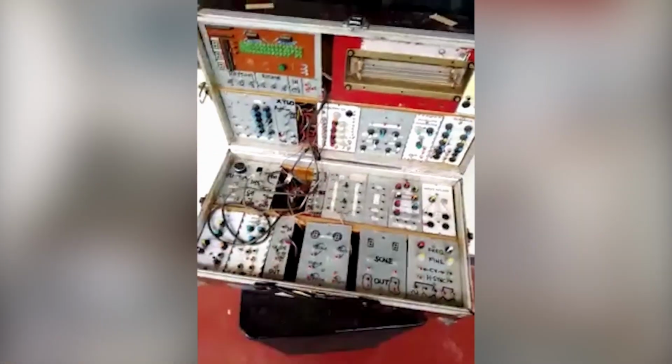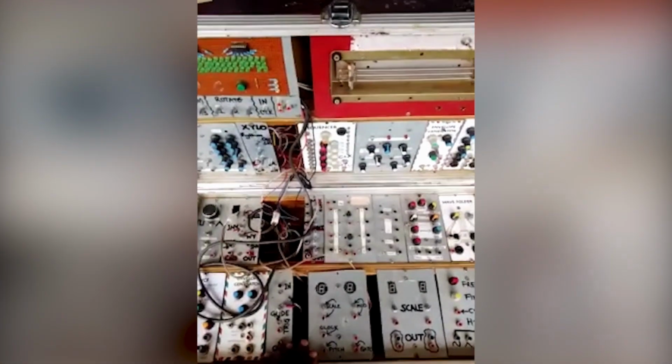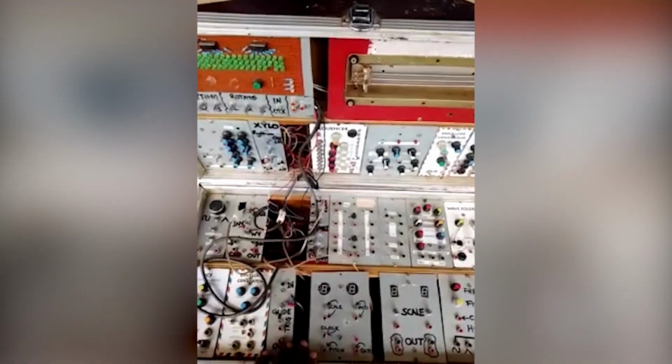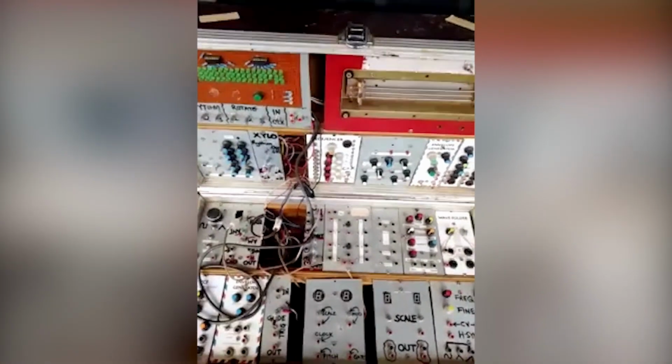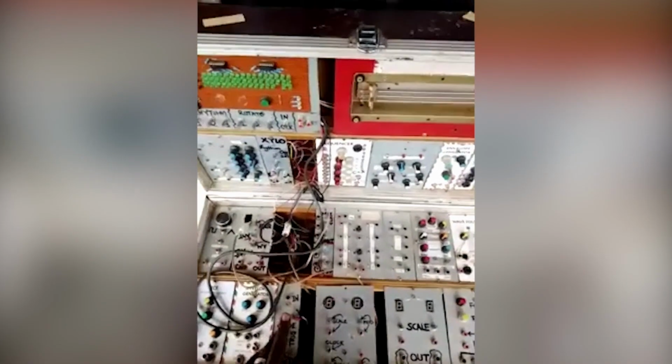Okay, I'm still defining what I should be able to make out of the modular synth, because there are different schools of thought. There are those people who make generative music out of it, and they make patches and they allow them to